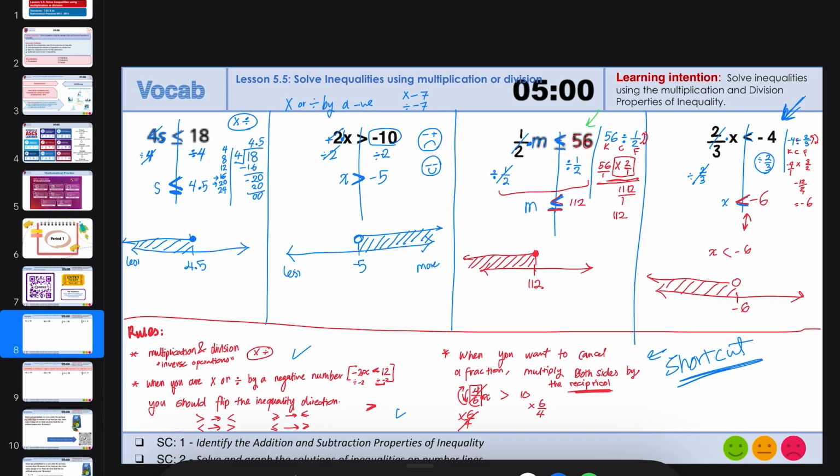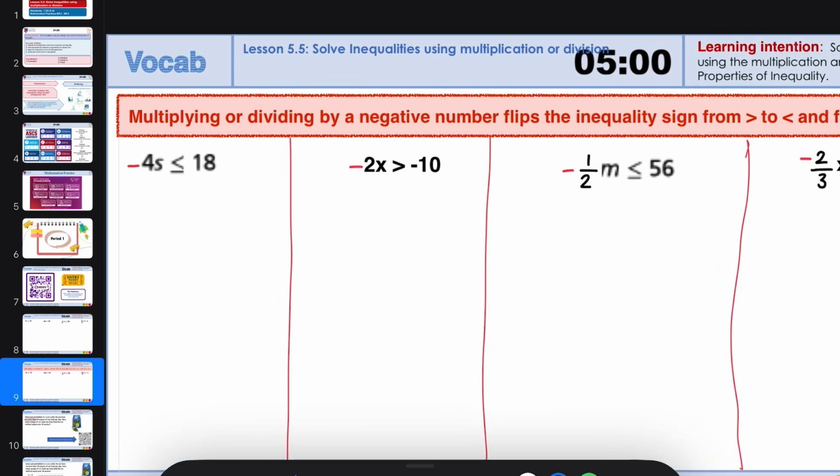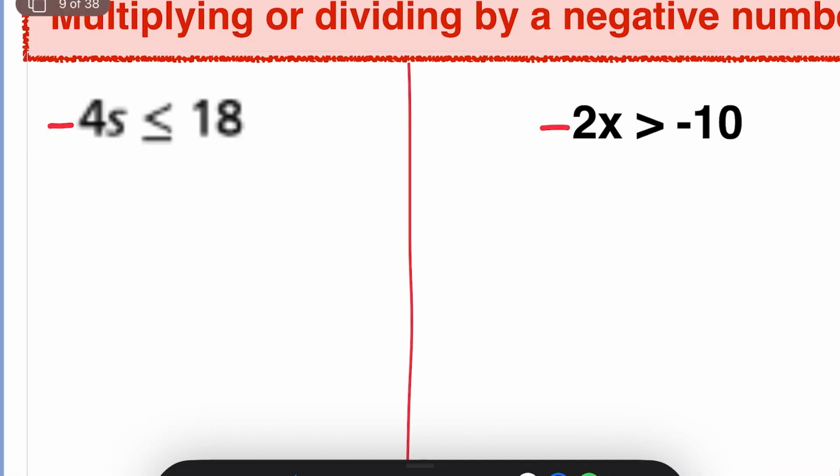Okay? I will do the same thing, but when we have it as a negative number. What was the rule? If you are multiplying or dividing by a negative number, this flips the inequality sign from more than to less than, and from less than to more than. Let's see how can we solve such a problem. So I'll just draw a line to separate the sides, the questions I mean. And I'll start solving. Again, the difference between this question and the previous one